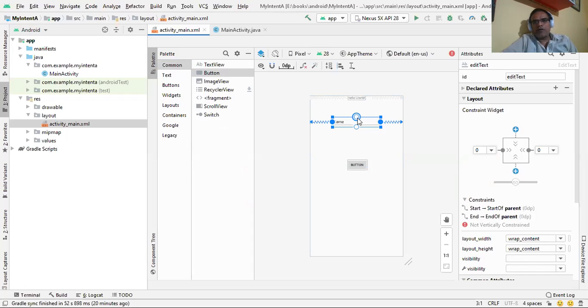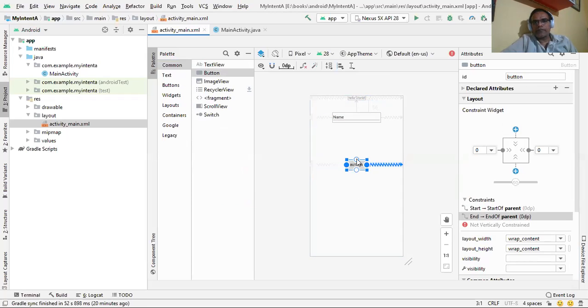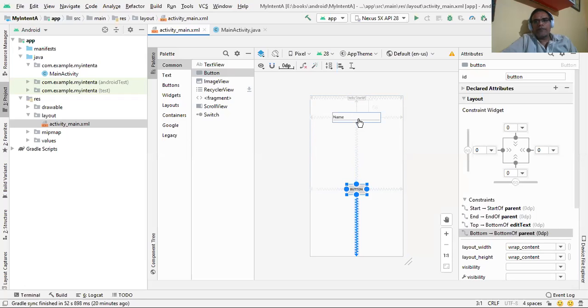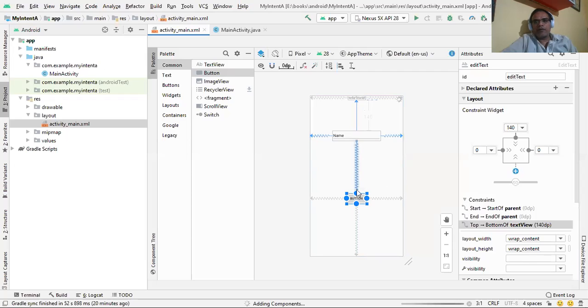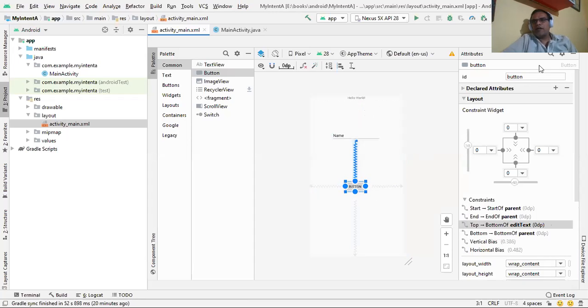Now we use constraints to connect these controls so they will not overlap each other. So we drag some controls here, and now let's go to the split mode.